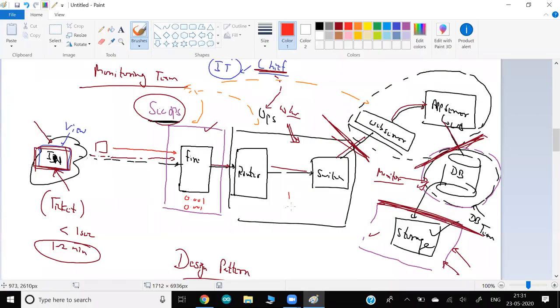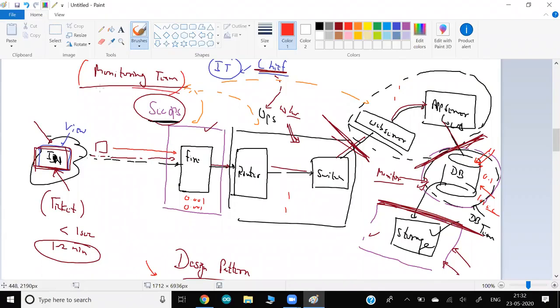My router takes 1 second, again it takes 1 second. My web server normally takes 1 second for this process, again it takes 1 second. But my monitoring will say, I can see, because I have a single pane of glass, I can completely view the entire infrastructure. So what can I see? I can see this guy is consuming 0.1 second every time, but this time they are consuming 10 seconds for this request. It means there is an issue, and this is our bottleneck for this particular issue.